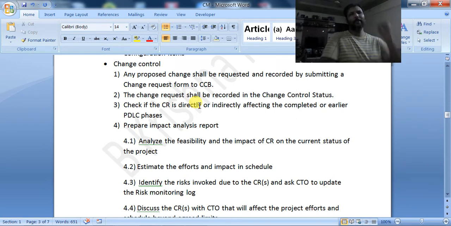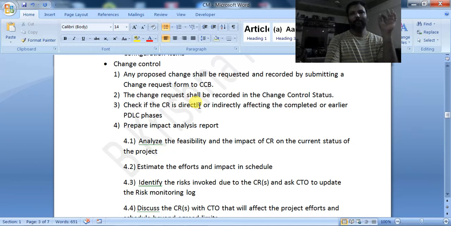How do changes come? When there is a change in the technology that the customer wants incorporated in the project, or a change in the rules and regulations or government rules and regulations, or when the customer wants to adapt to a new market requirement. Then the customer gives a change request, and the change request is for adaptive changes. To whom does he give it? He gives it to the business analyst.